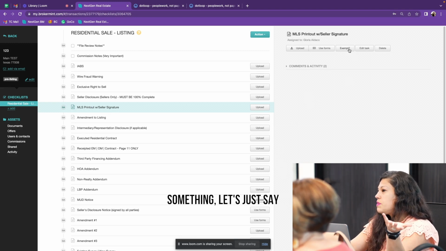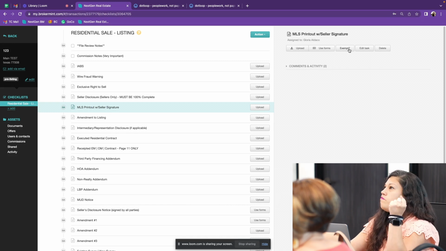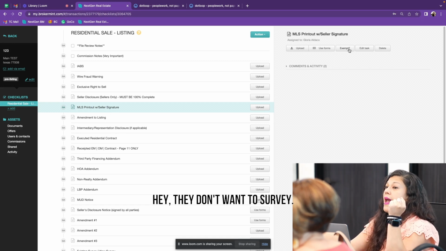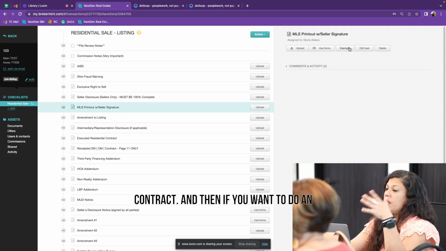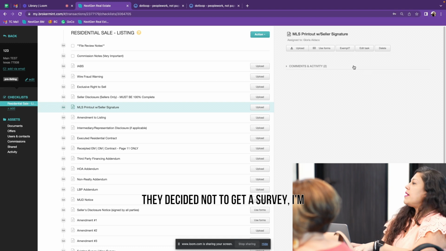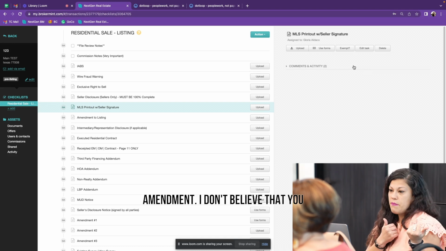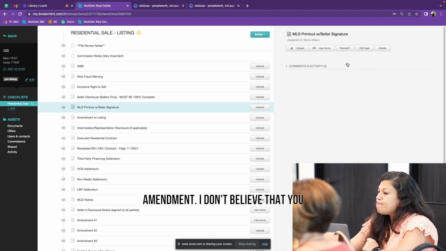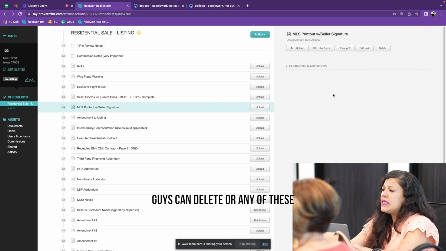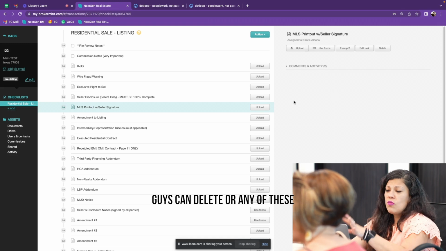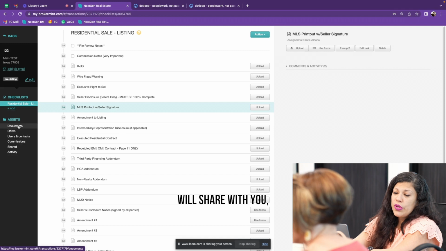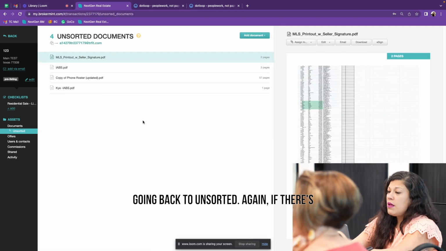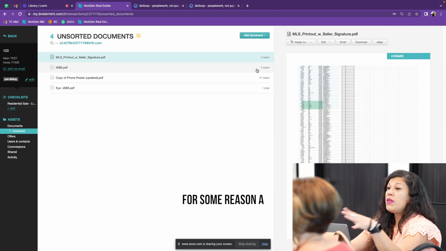If you need to exempt something, let's just say the survey, because they decided they don't want the survey. Definitely we need an amendment for that if it's in the contract. And then if you want to do an exemption, say they decided not to get a survey, I'm going to upload the amendment. I don't believe that you guys can delete any of these placeholders. It's usually for staff. I will share with you, going back to unsorted, again, if there's for some reason a placeholder